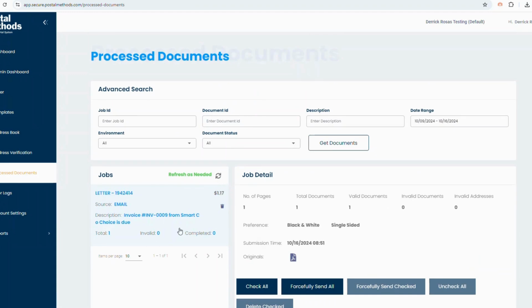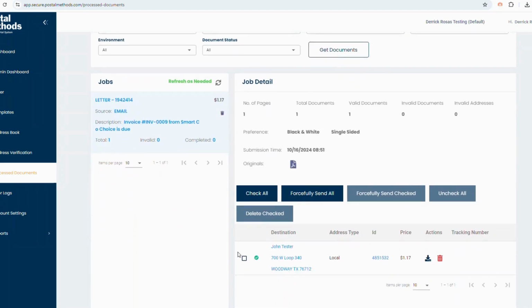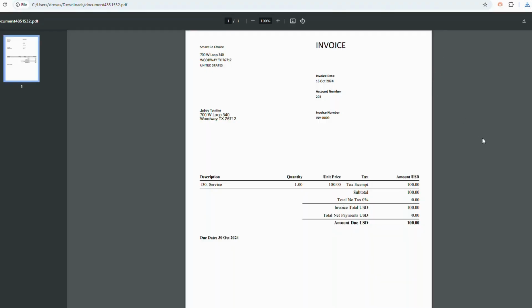Okay, so now we see it has populated. We see that we have a green check mark. Everything looks good. Everything came out good. Everything's where it needs to be. Invoice is set up, and we're good to go. So do keep in mind that